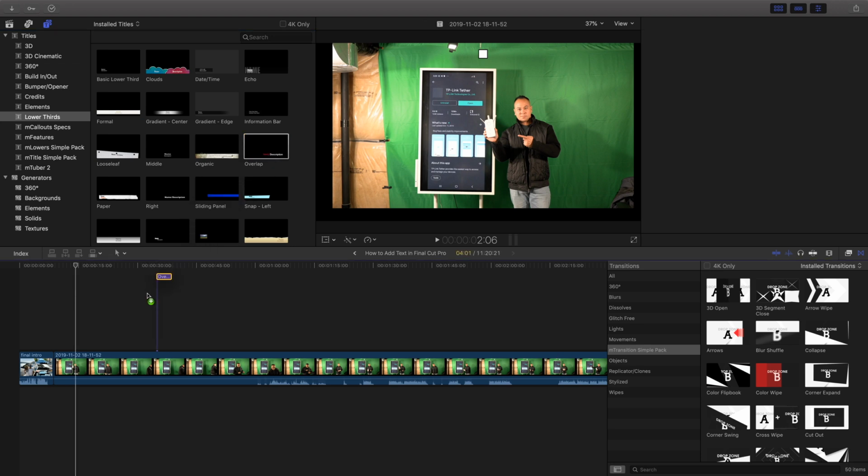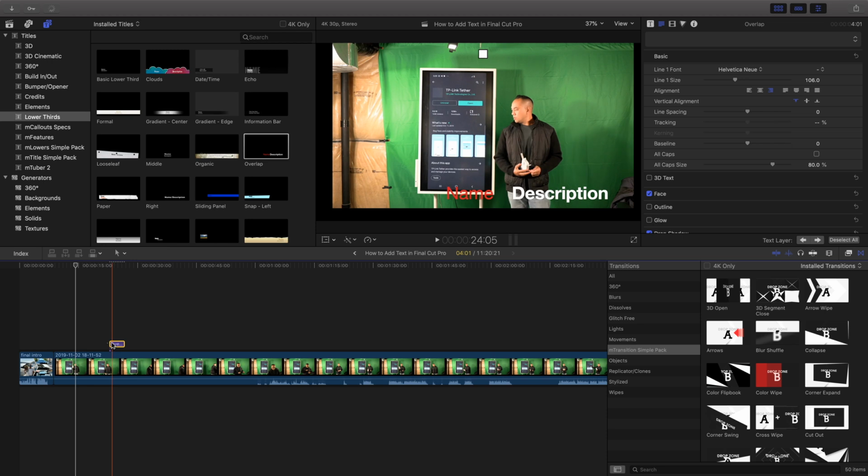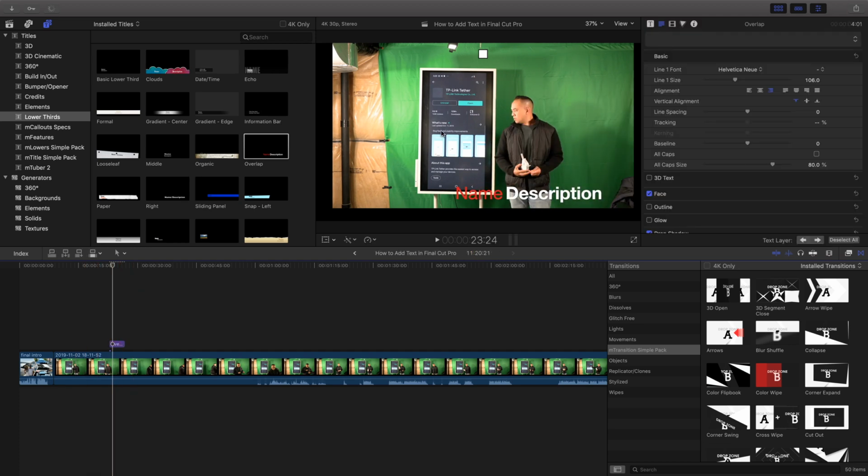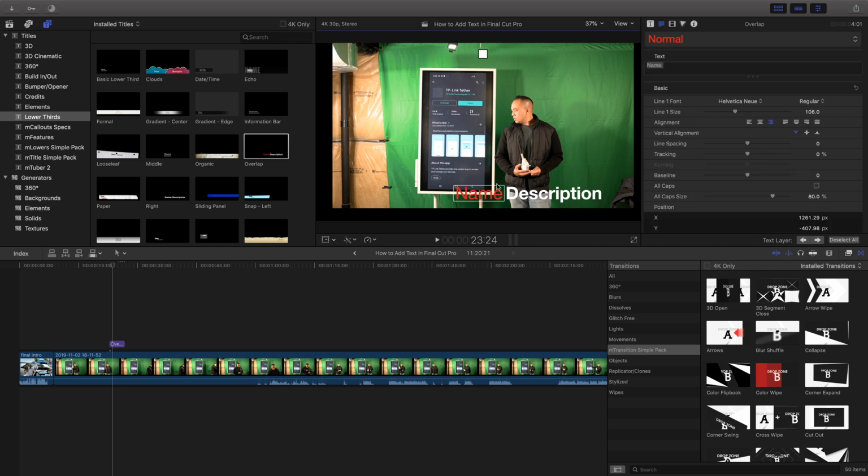So you just click on it, drag it to where you want, and then if you just scroll over in your timeline, you'll actually see how it comes up. Now what you can do to edit it, just click on it once, and then you can bring it over here, click on it once, edit. You could either edit it right into here just by double clicking on it, and you could just keep it name or